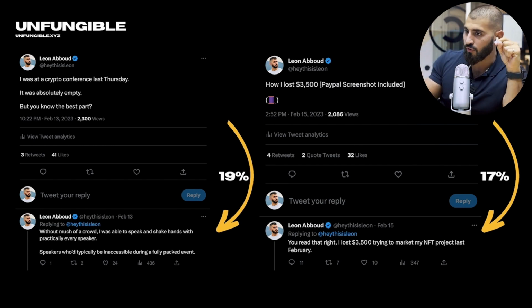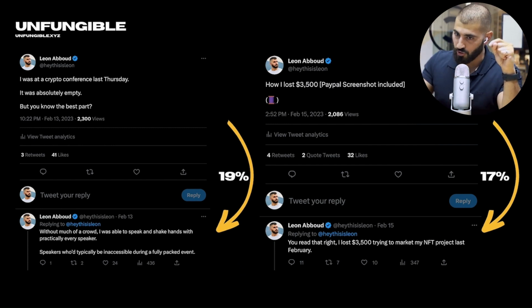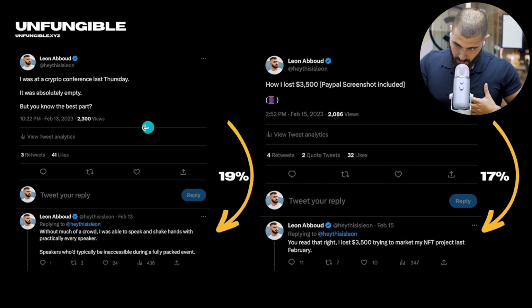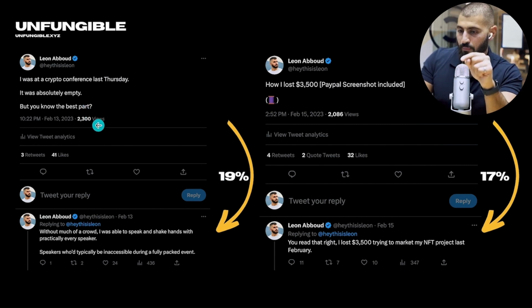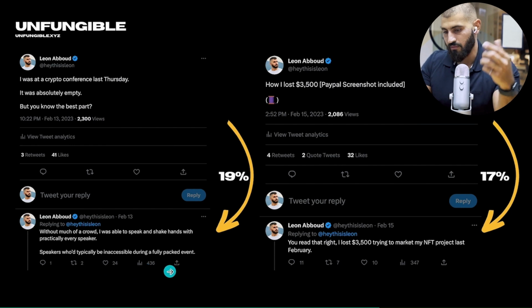and then go to the next thread. So the next answer right there. And from my numbers that I've noticed at a small scale, I tend to see a 17 to 20% click-through rate. So about 20. So if my first tweet has 2K impressions, the next one will have 20% of that, so 400.